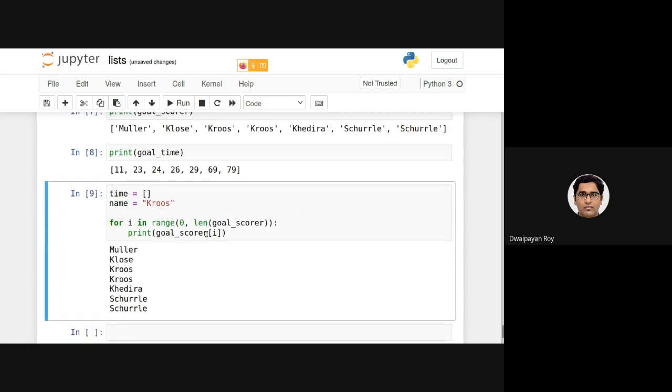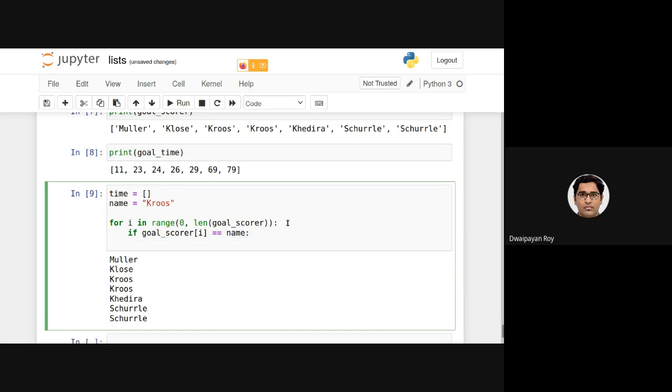Now what I need to do is check whether the ith location is containing this name, that is Cruz, or not. How will I be able to do that? I will be just checking if goal scorer i is equal to name or not. If it is equal to name, then I will be appending.